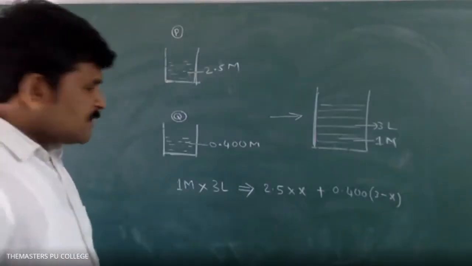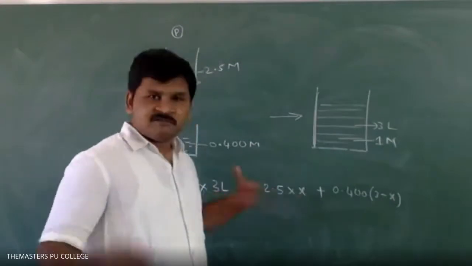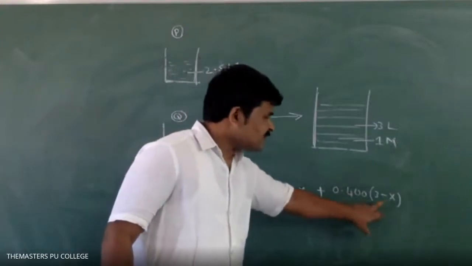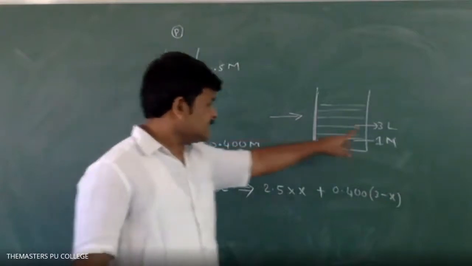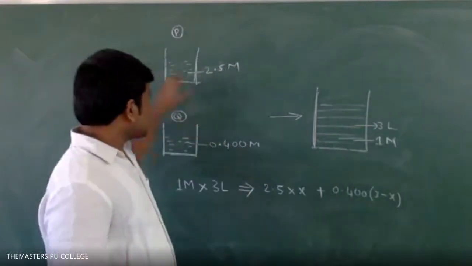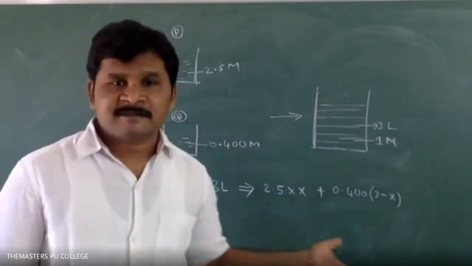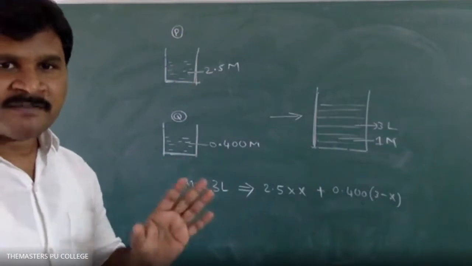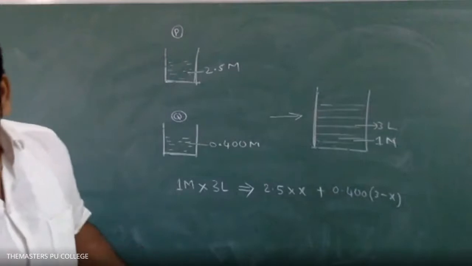Okay? This step, did you understand? We don't know how much we are adding of this, and this is also unknown. But why did I write 3 minus x? The final volume is 3 liters, so that's why 3 minus x. Right? If you identify x, you can find how much to add of this one and of this one. So please solve it. If you know x, you get 3 minus x, so that's how you will get the answer.